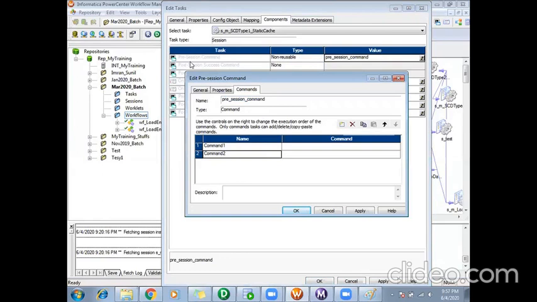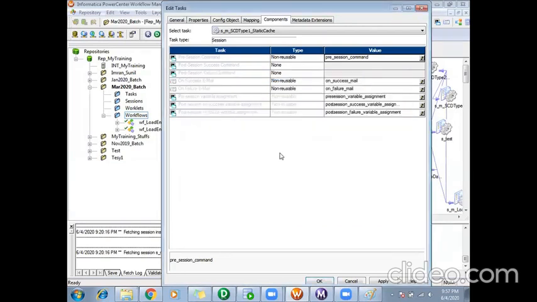So whatever commands I give here, since it's in pre-session command, these commands will run before your session starts. Okay, you can use this also instead of using the explicit command task.